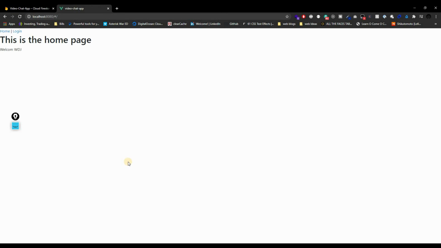Now, this user is only available for the home page, which we don't really want. We actually want this user to be available everywhere we go in the application. So, in other words, we want this data to be available everywhere. And that's actually very, very simple to do. So if you go back to the application,